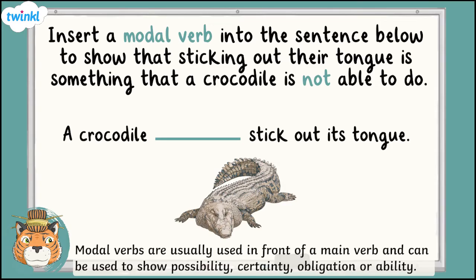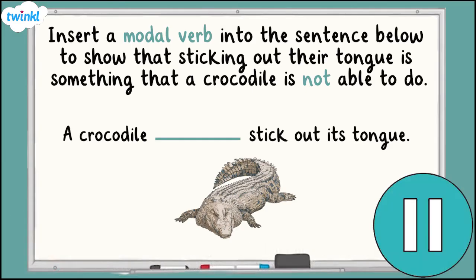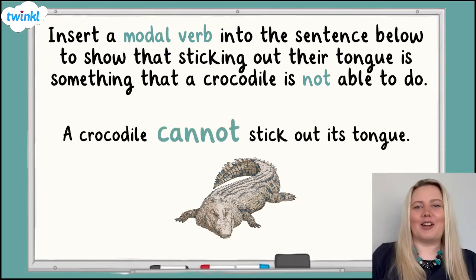Which modal verb correctly completes this sentence? Pause the video now and have a go. Well done if you said cannot. The sentence, a crocodile cannot stick out its tongue, tells us that a crocodile is not able to stick its